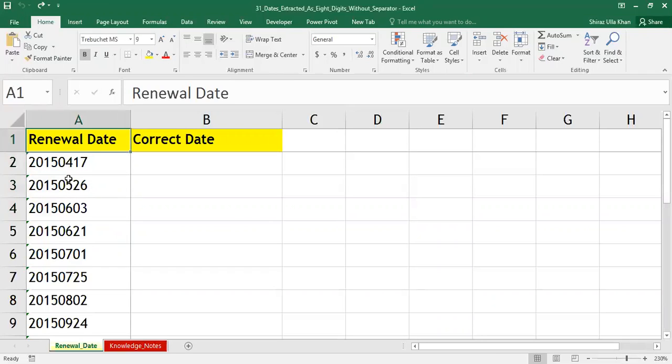But in these dates, the problem is I don't have a separator between the dates. For example, if you see in the formula bar, this is 2015 is the year, 04 is the month and 17 is the day. So the format of this is year, month and day. But unfortunately, when I imported the date from my systems, I did not get a separator here. That is the first problem which I have here. I don't have a separator like a slash or a hyphen to separate the year, month and day. That is the first problem. And problem two is